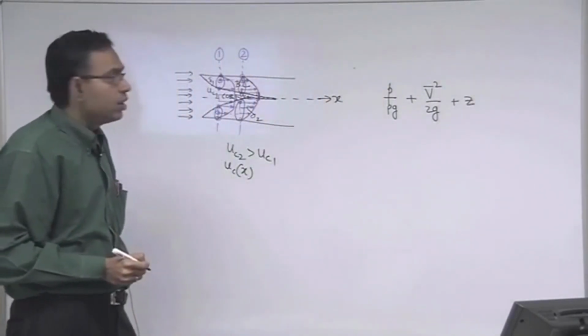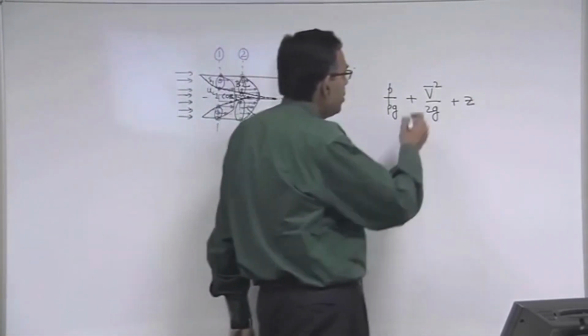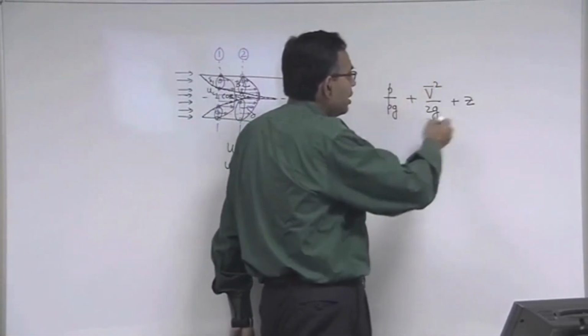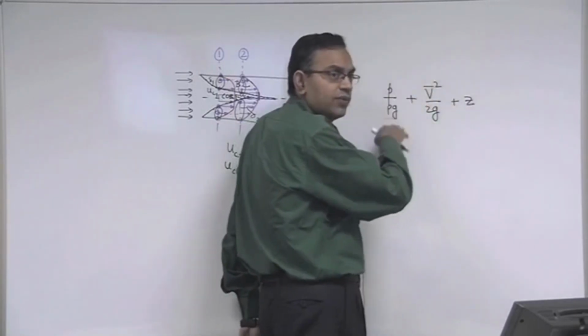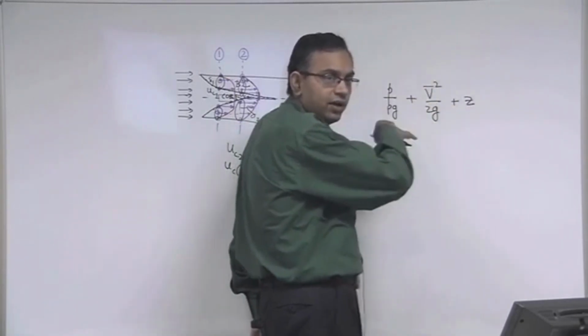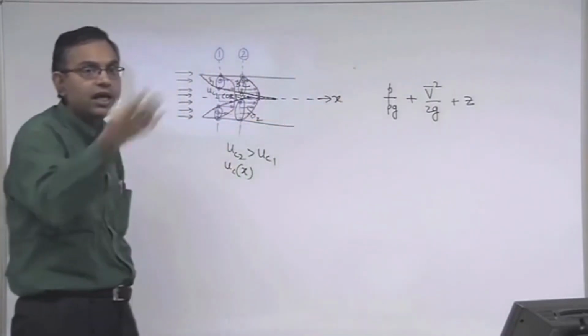Of course, you have to remember that when we are talking about this head, all of you understand this, right. I am not going to that level of undergraduate fluid mechanics, but if you feel that we need to discuss,